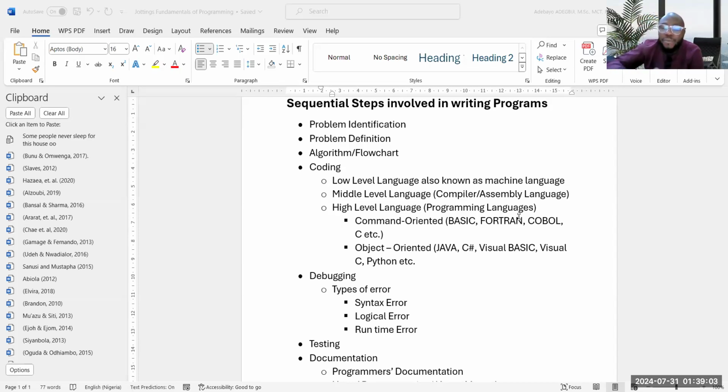The first and the most fundamental is the machine language. The machine language is zeros and ones. The machine language is the only language the computer understands. And any program written in any other language will first and foremost be translated to the machine language. And feedback is also taken from the machine language to the language the user makes use of in communicating his instructions to the computer.